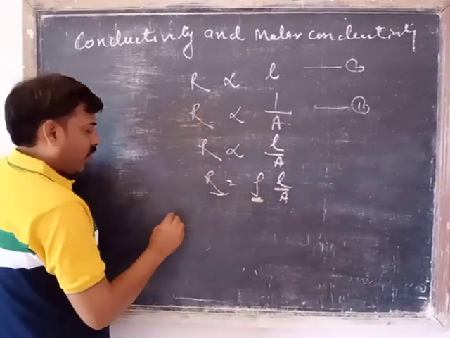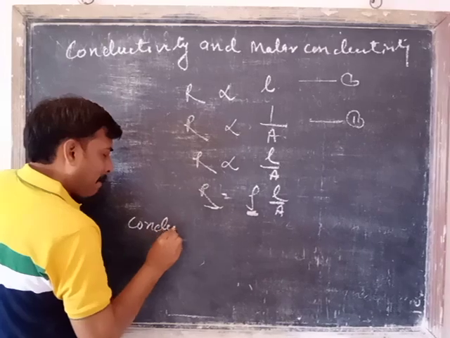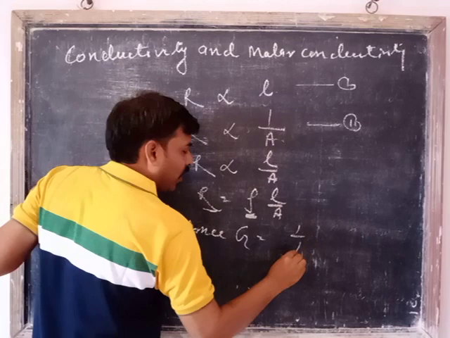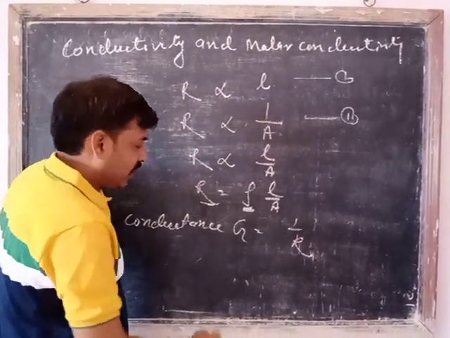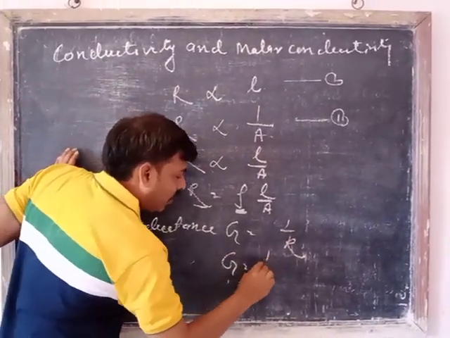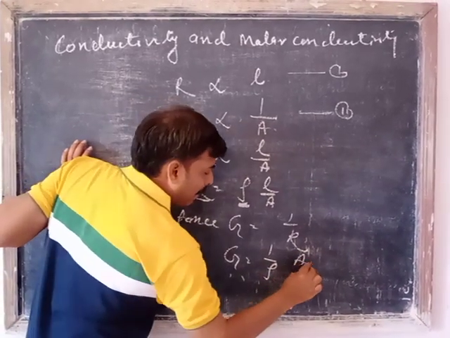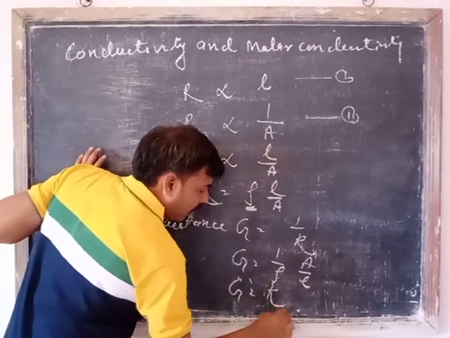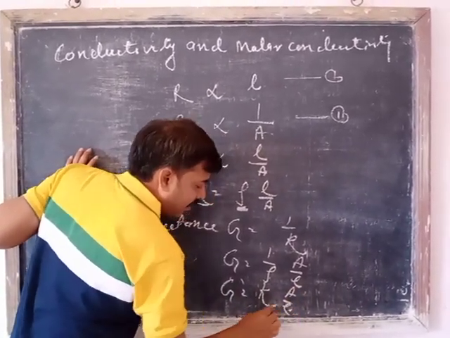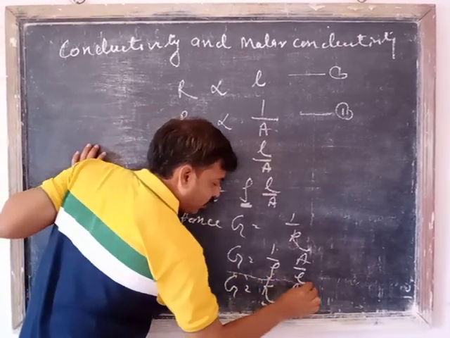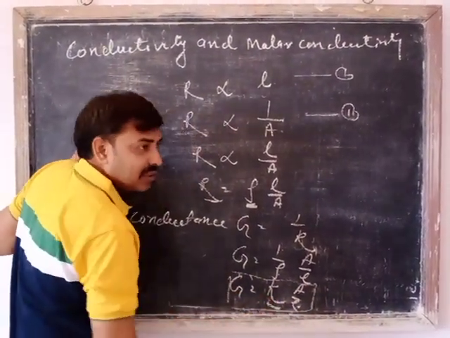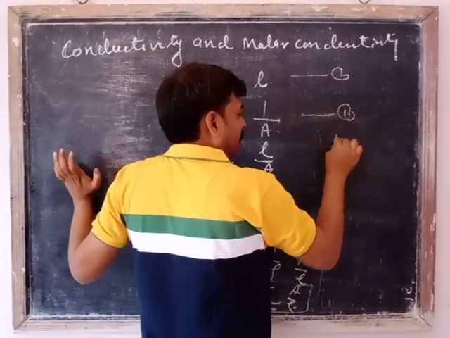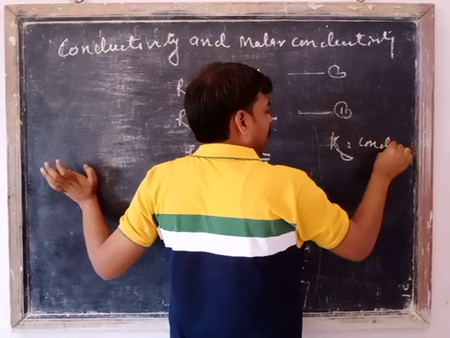When you look at conductance, G equals 1 by R, that is the reciprocal of the resistance, or G equals 1 by rho times A by L, and this 1 by rho is called kappa, so G equals kappa A by L. This letter, which is written similar to the English alphabet K, is called kappa, and this kappa is conductivity.